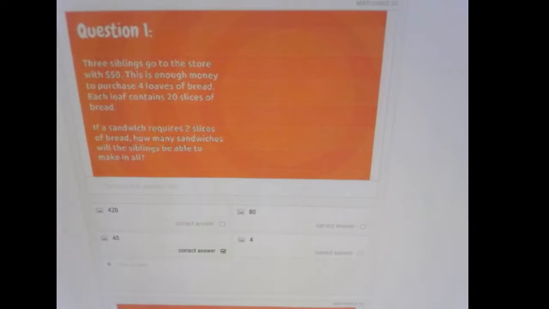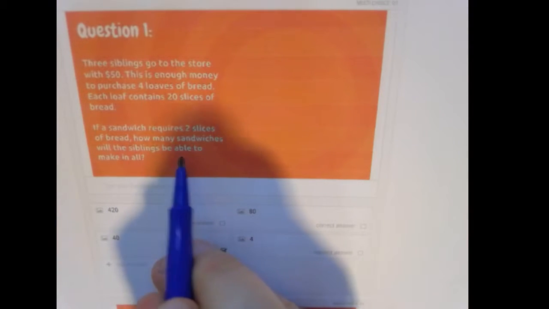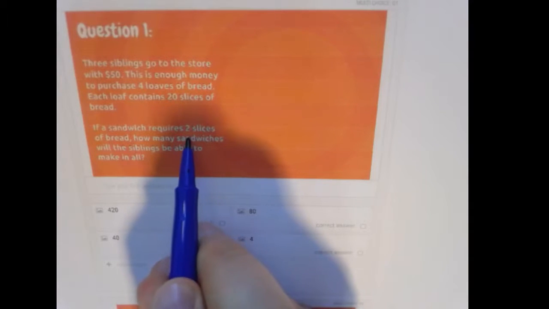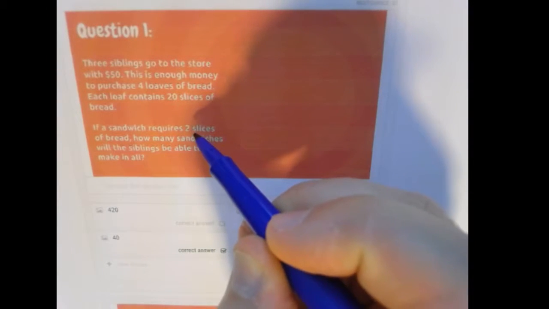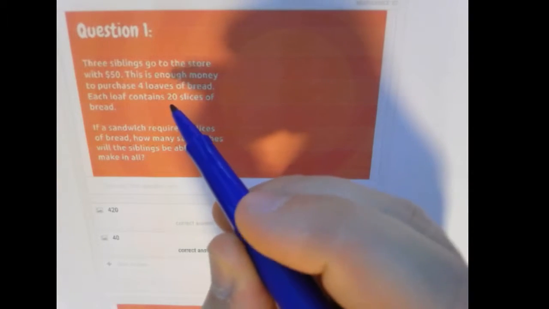and what information is not necessarily, or what is misinformation. So 3 siblings go to the store, and ultimately what we want to look down here is how many sandwiches can we make? So how many sandwiches will this make? And a sandwich does take 2 slices. So really we're asking ourselves, how much bread were we able to get? So this is helpful. So there's 20 slices of bread,